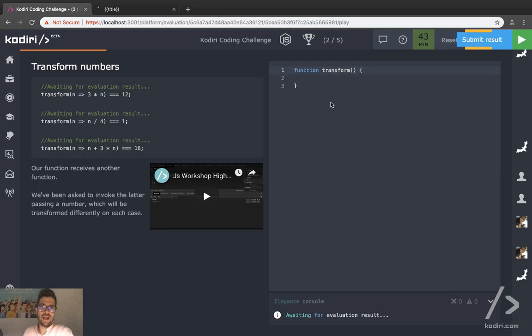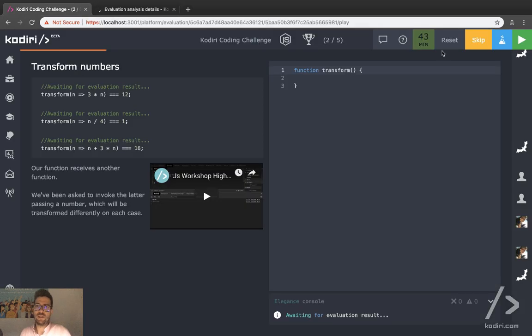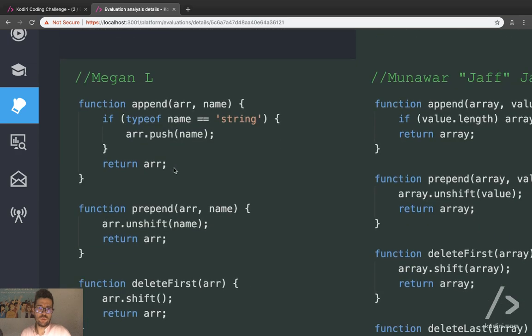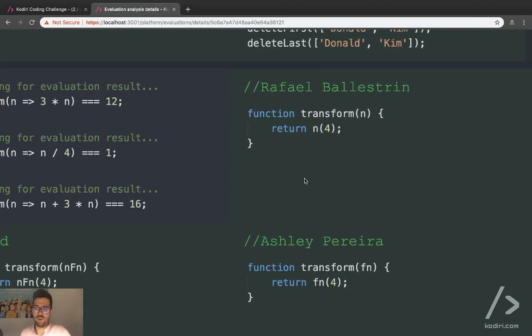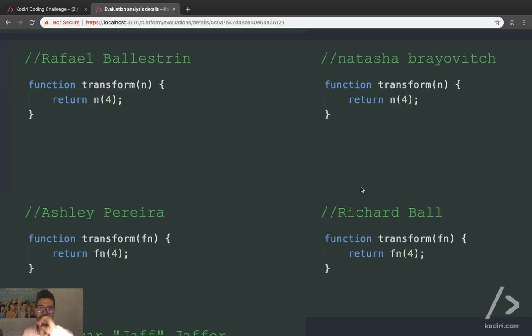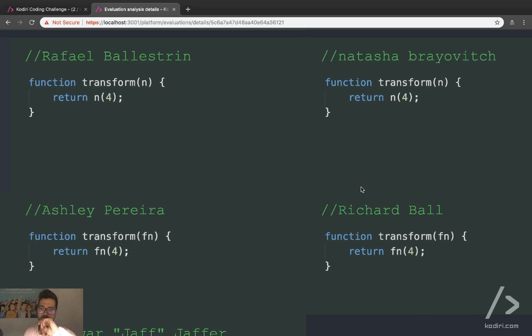Oh, transform numbers. We've done that like 20 times already, right? Higher order functions. So I'm going to skip it. Let me just quickly check what you did. Still loading. So here you go. Question number 2, transform, right? It's pretty trivial, pretty fundamental. However,